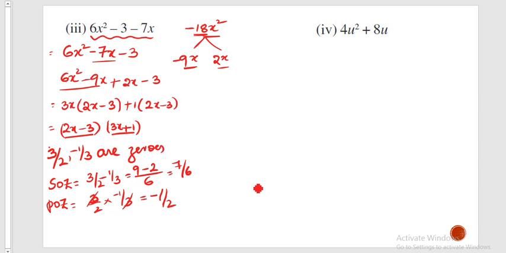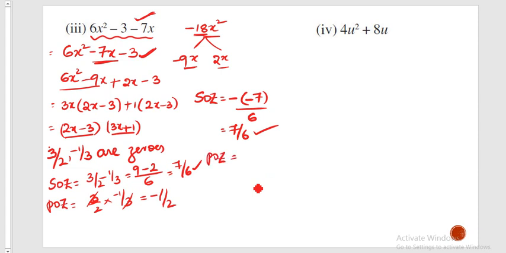Now by using the relation, what is the sum of zeros formula? Sum of zeros is nothing but minus x coefficient by x square coefficient. What is the x coefficient here? Don't go with this particular expression; you need to move on with this expression, right? So what is the x coefficient here? Minus 7 divided by 6. So from this I am going to get 7 by 6. So verified.